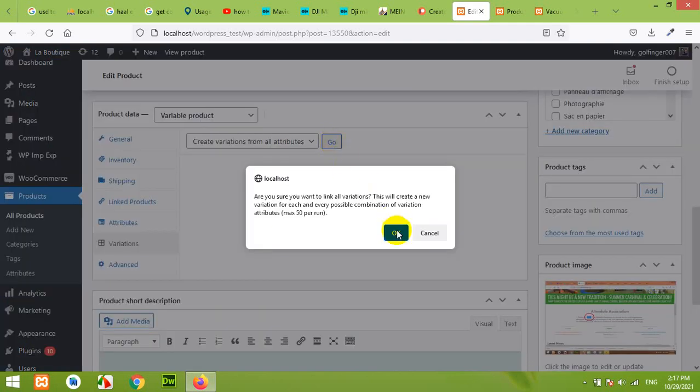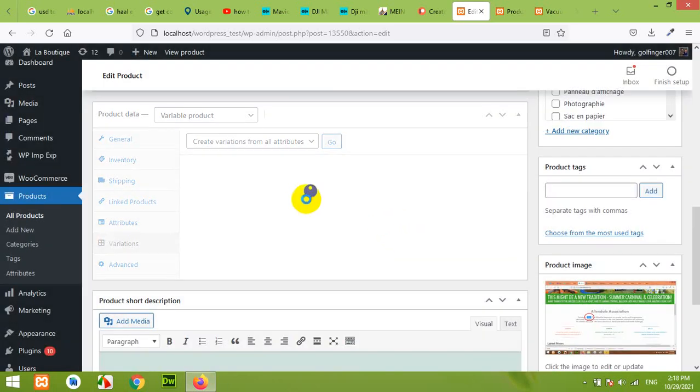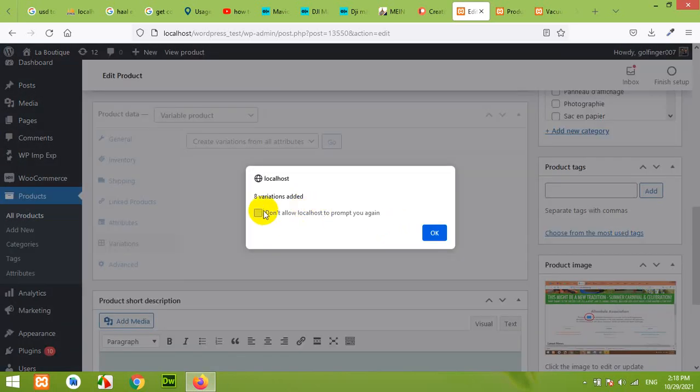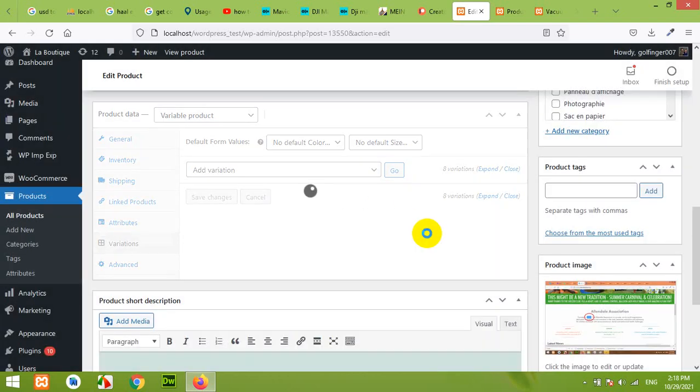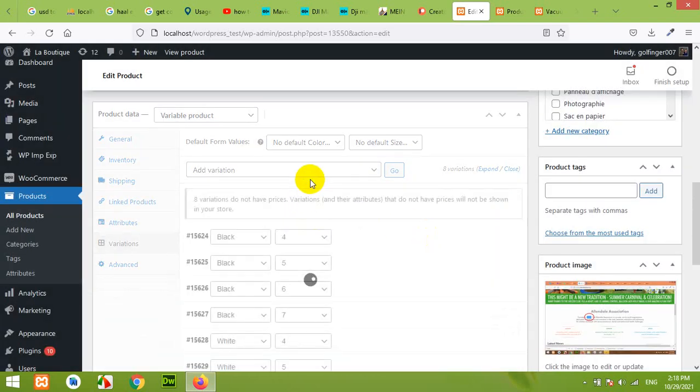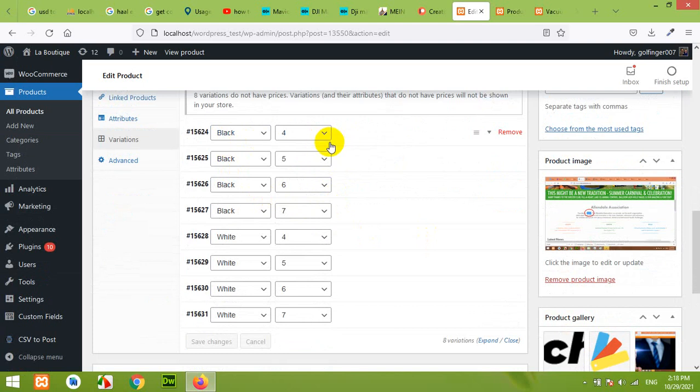Click on go, then it will automatically create 8 variations, and it already told you that. Okay, now you can see the combinations: black with 4, black with 5, 6, 7, and then white with 4, white with 5, 6, and 7.